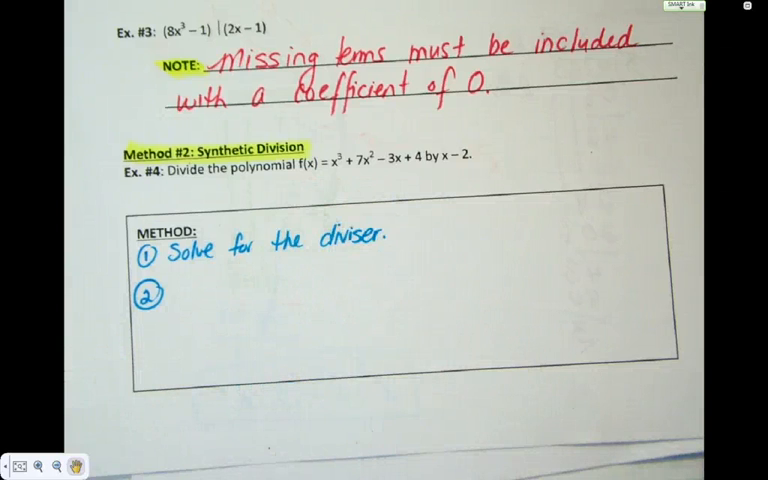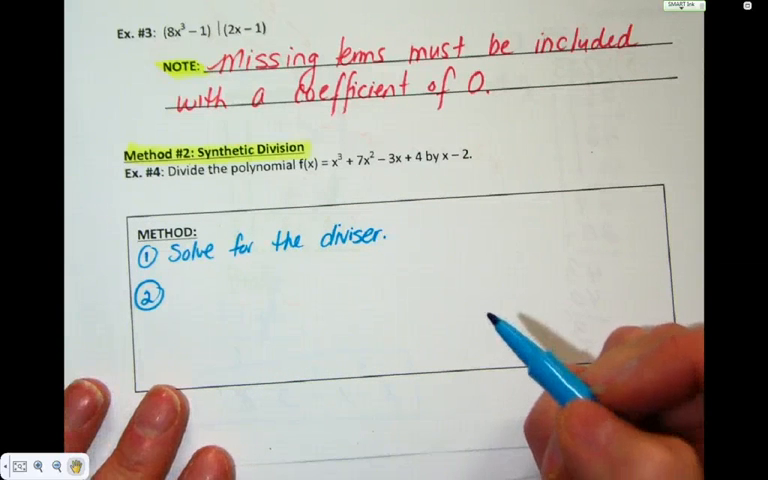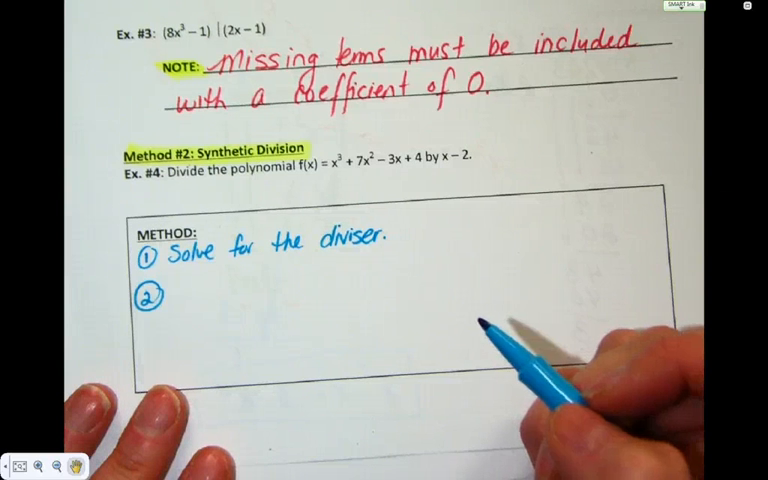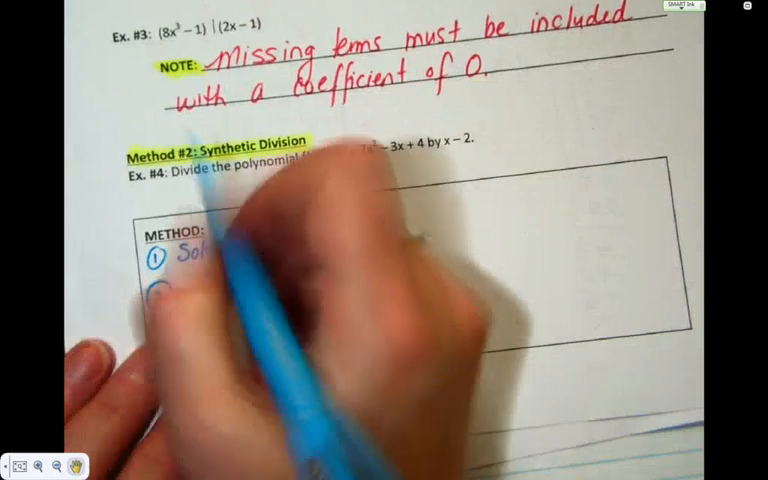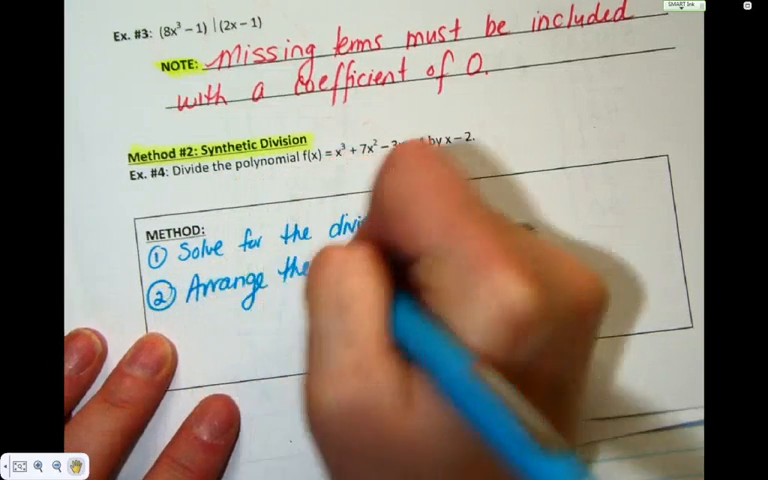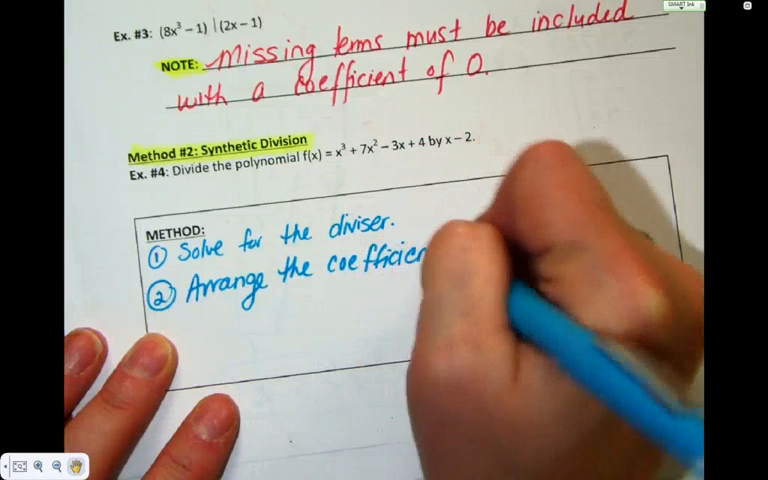Can we have more than just the word coefficients? Ooh, talk to me about the word arrange. I like that. So would they still need to be in order? Do you still need to have the zeros? Okay, so arrange the coefficients of